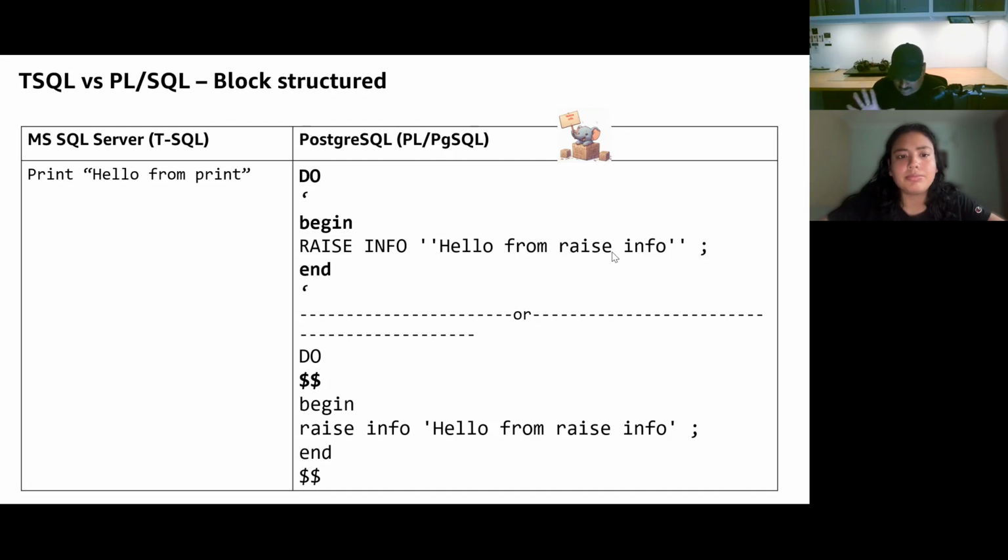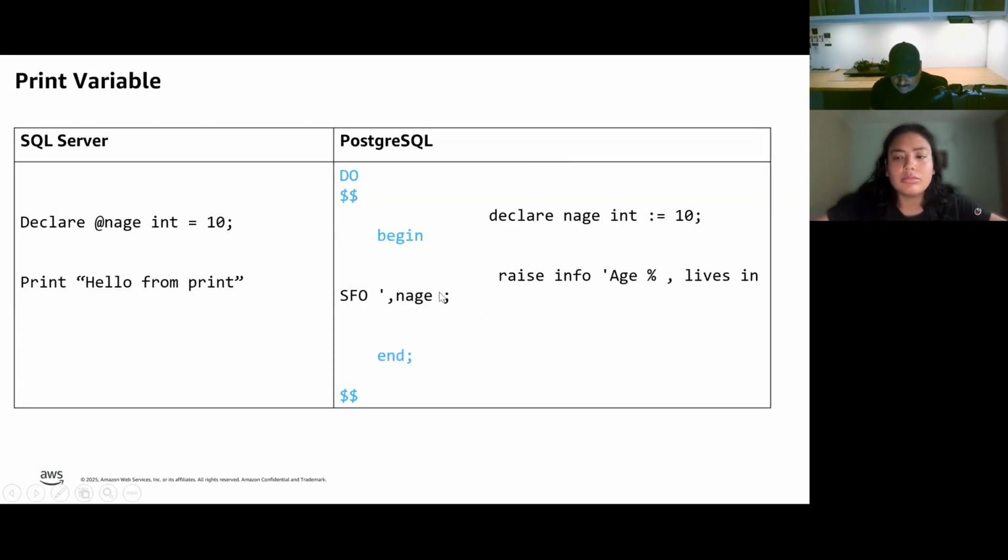So to avoid that confusion, you can replace this single quote with a dollar dollar. In that way, even if there are any single quotes within this statement, you don't need to replace them with 4 quotes. In that way, your code looks neat and simpler. So this is a complete example on how to define a variable and print the value inside a variable.